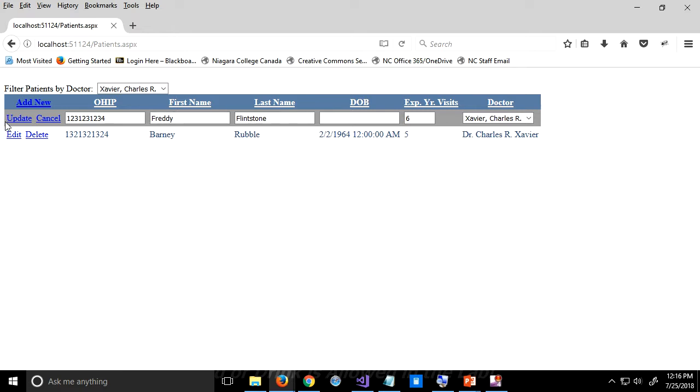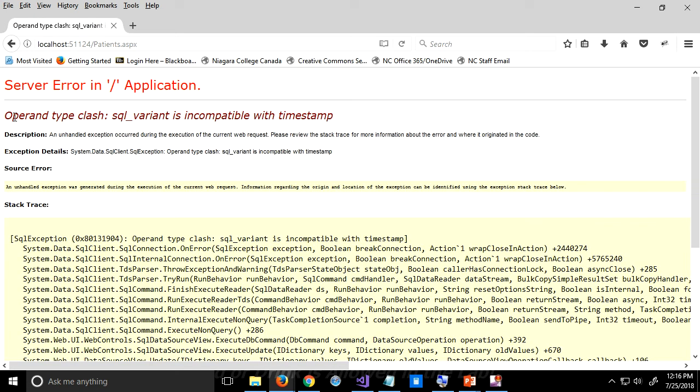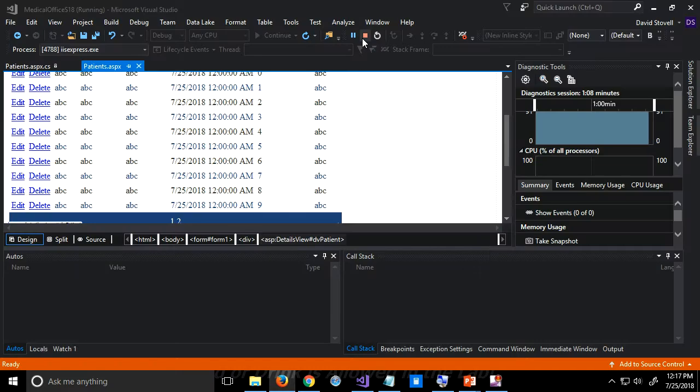Well, I won't even change anything. I'll just click Update, and I'll get an error. Oh, where's my sound? Okay. SQL variant is incompatible with timestamp, right? Well, that doesn't tell me all that much, except that it hints that it's obviously something to do with the timestamp issue, right? So we'll get to our PowerPoint and we'll see exactly what's going on and how to fix